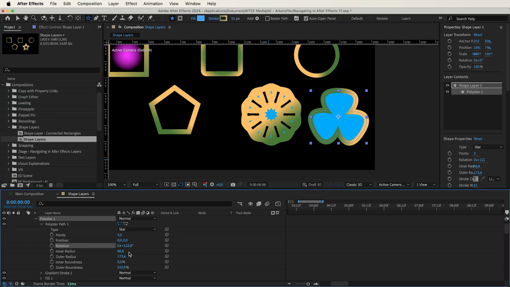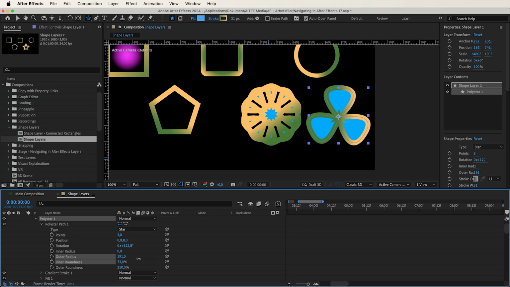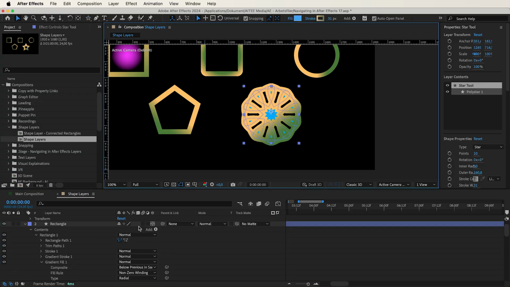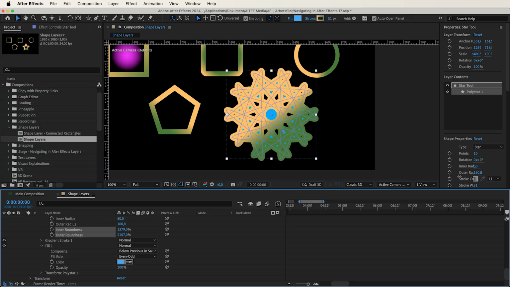It has a rotation for the path directly, so spinning it without moving the gradient, for example. Change the inner and outer radius of the shape, and manipulate both inner and outer roundness as we played around with a little bit before, creating some different and interesting or perhaps weird patterns, if you will. The rest of the settings here will be the same, or at least nothing that we haven't seen before in